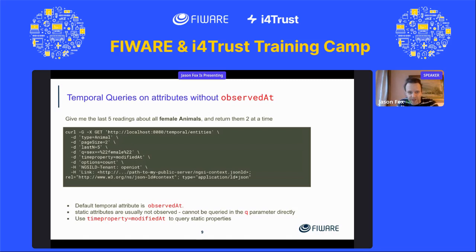Now, modified means a change in confidence of that value. So if I send a value 5, and then 30 seconds later I send the value 5, the value hasn't changed, but the confidence in that value has changed, because I know that 30 seconds later it's still 5. That's where the modified at would give you 2 records for that. Okay, so default temporal is observed at, but